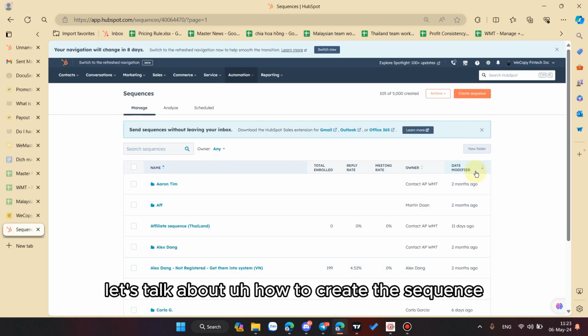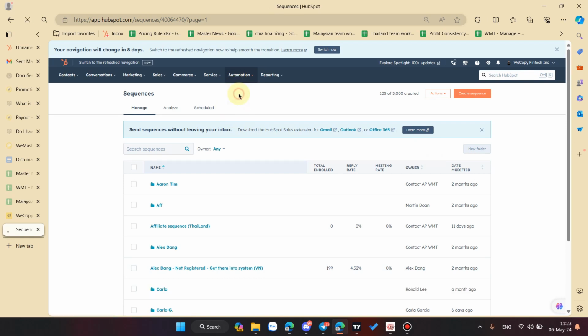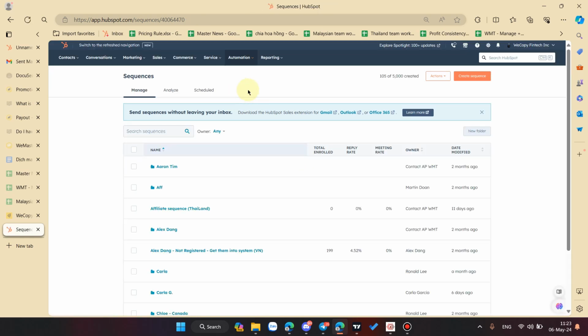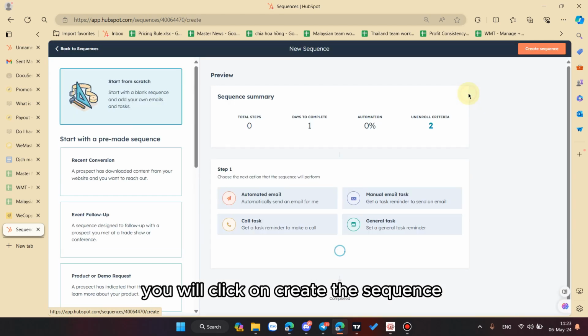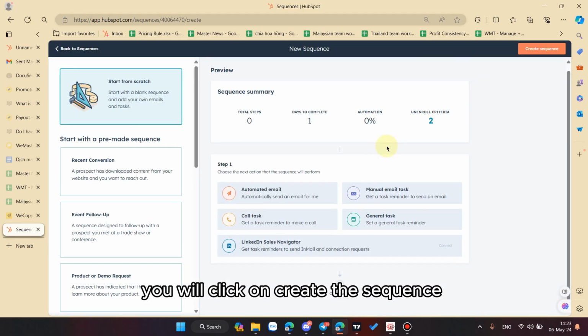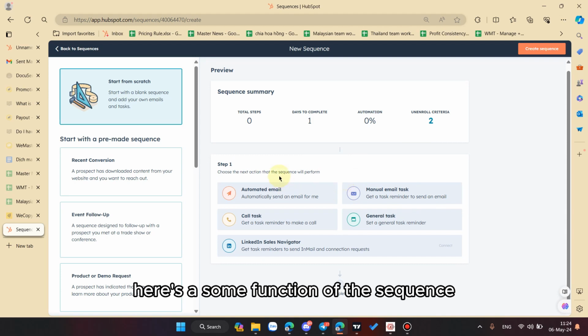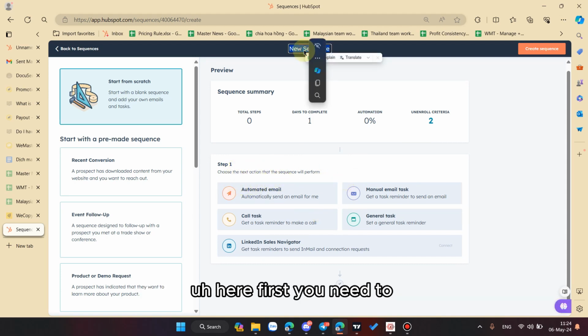Now let's talk about how to create the sequence. Here on the sequence page, you will click on create sequence. All right. Here are some functions of the sequence. First you need to put a name.